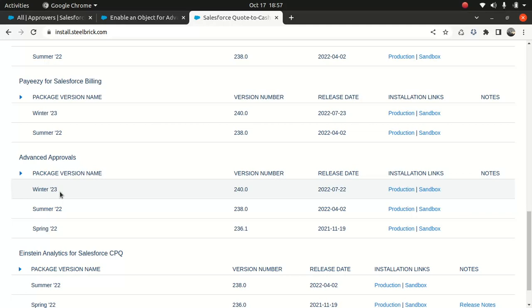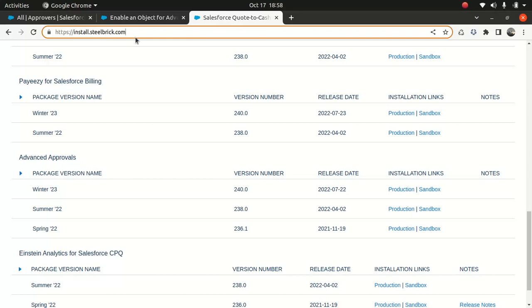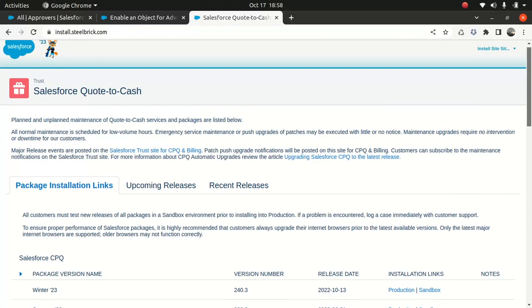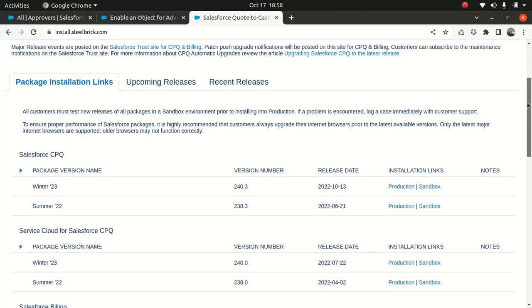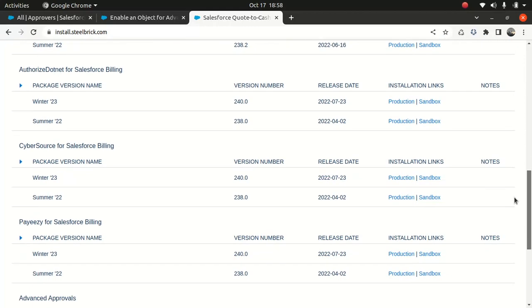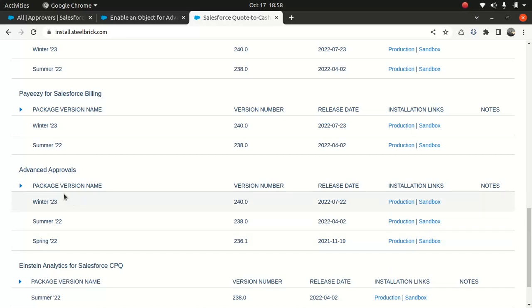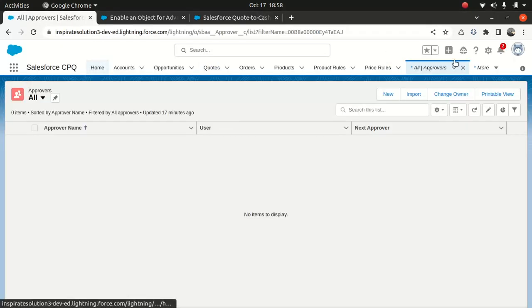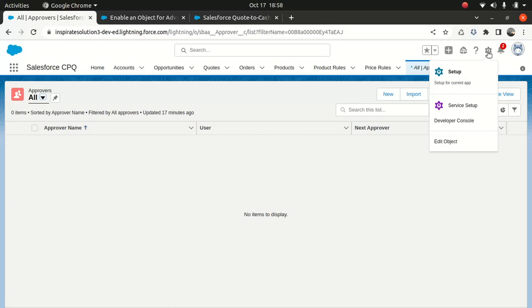So before you start using CPQ advanced approval, right, you need to install a package. So for that, you need to go to install.steelbrick.com. And once you go here, you come down, right, and then look for advanced approval, and then you install based on production or sandbox, wherever it is, right? So once that is installed, you can go to your org, and you can go to the setup,